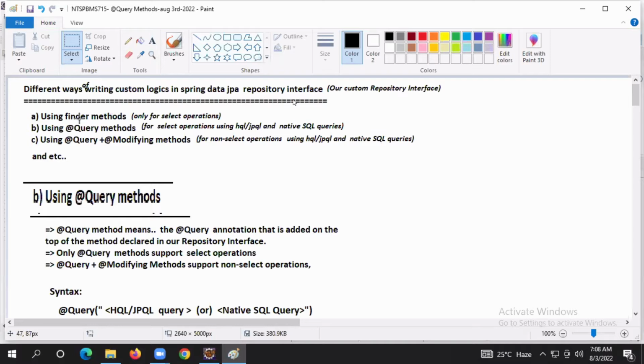Okay, guys. Finder method story is already over. Now, what is left, guys? Query methods. Query methods means the @Query annotation that is added on the top of the method declared in our repository interface. Only query method supports select operations. Next,